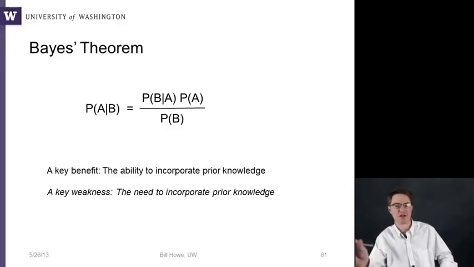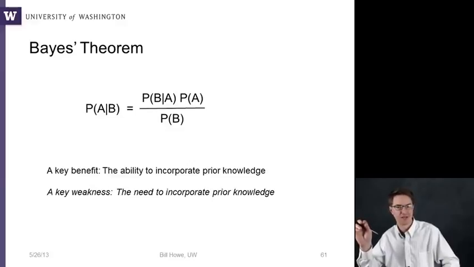So for right now, though, recognize that the key benefit here is the ability to incorporate prior knowledge, which is not the case with the frequentist approach. Now, a key weakness here is that you need to incorporate prior knowledge. There's a couple of problems with this. One is if you don't know anything about the population you're modeling, then there's not much you can do with the prior. There's not a good way to model the distributions. Now there are some techniques to derive so-called uninformative priors that try not to influence things too much, but give you a plug-in to be able to apply the rule. But still, that is an issue.